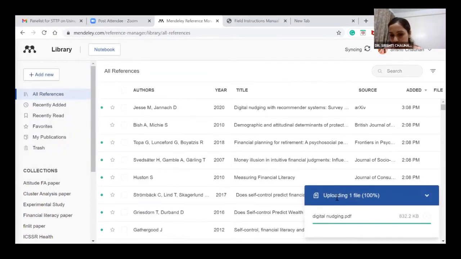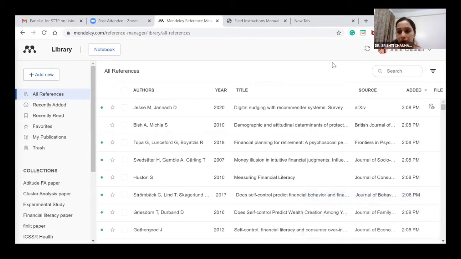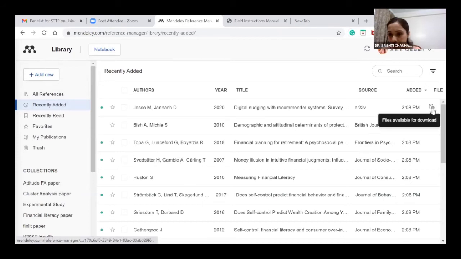So it says uploading one file and it says one file uploaded. Okay, where is that file? Let me see. अब इसमें एक ऑप्शन होता है यहाँ पे, जब मैंने अपलोड कर दिया, मैं आ गई ऑल रेफरेंसेस, उसके बाद रिसेंटली एडेड। क्या मैं देख सकती हूँ कि रिसेंटली एडेड कुछ हुआ है? हाँ हुआ है। जैसे कि ये डिजिटल नजिंग पे पेपर था, ठीक है, और मैंने कब ऐड किया? अभी 3 PM के अराउंड मैंने अभी अपलोड किया। सो ये पेपर मेरा आ गया, और क्योंकि मैंने पीडीएफ अपलोड किया तो मेरी पीडीएफ फाइल यहाँ पे आ गई।